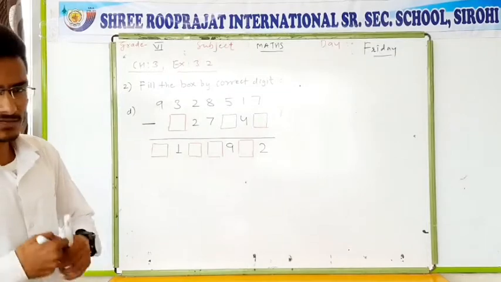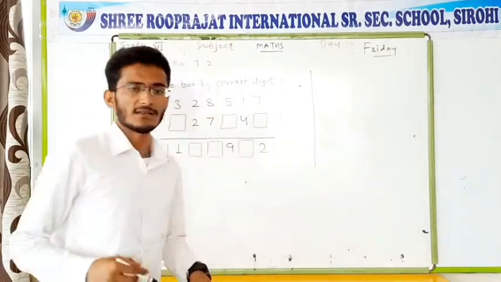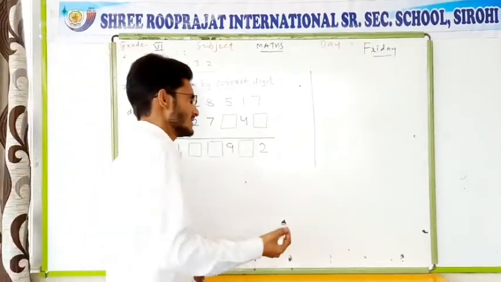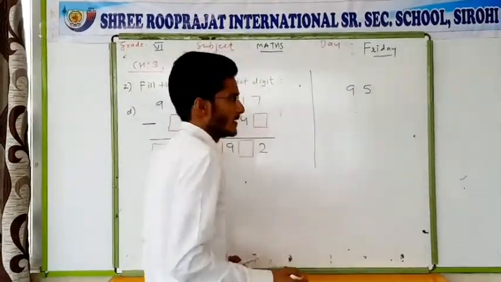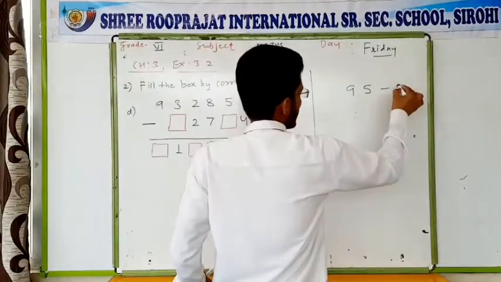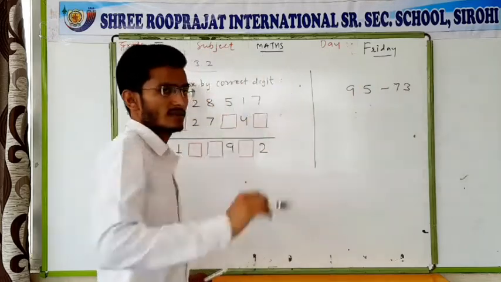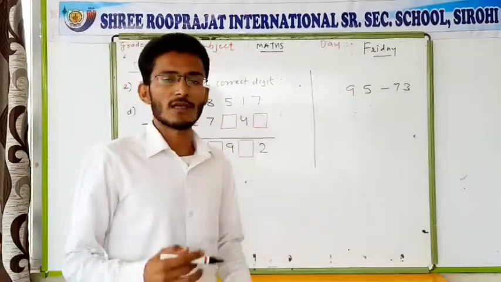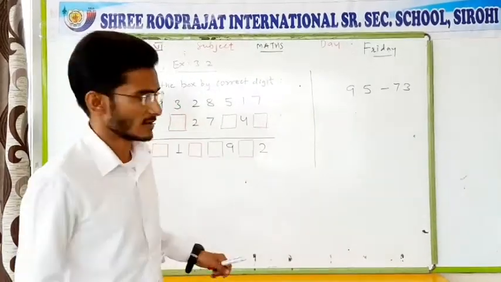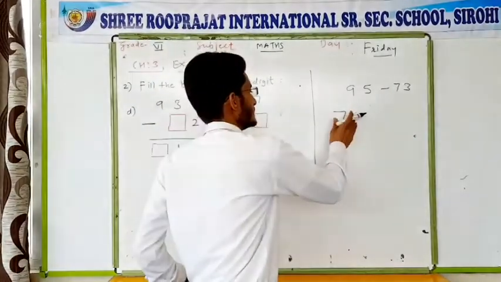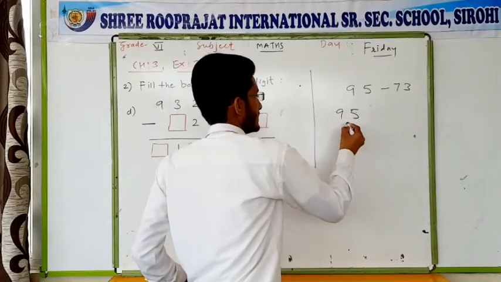Suppose a question was given where a subtraction is given, and after that you have to verify your answer. Suppose you take an example. Suppose the number is 95, and you have to subtract 73 from that given number. After subtracting, you have to verify your answer. That means you have to check whether your answer is correct or not. So what we did? We subtract 73 from